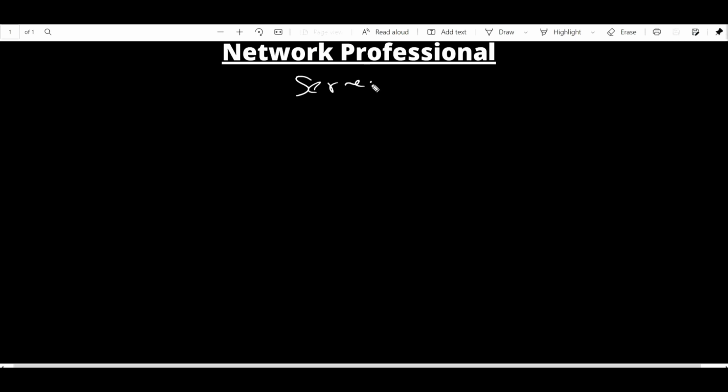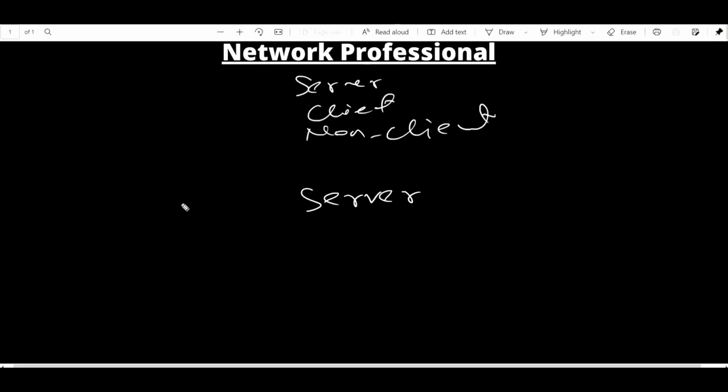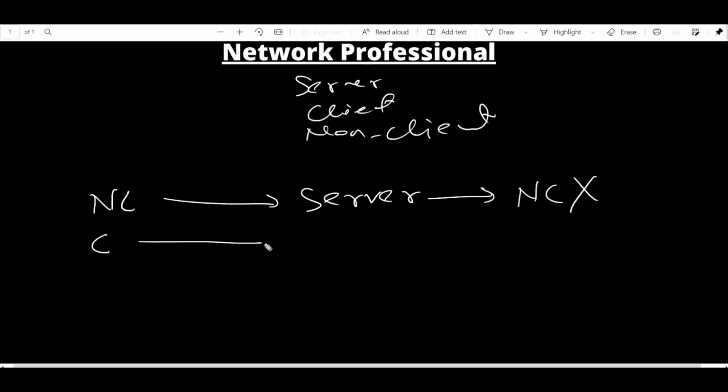So server, client, and non-client. Whenever a server receives a prefix from a non-client, that server will never advertise this prefix to its neighbor non-client, right? But if a server receives an update from a client,